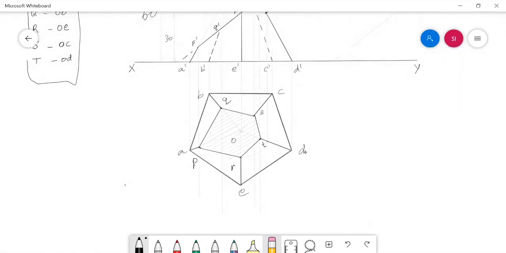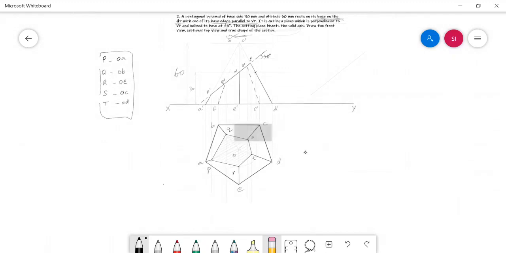Now the work is over. Now we have drawn the front view and the sectional top view of the solid, and we need to draw the true shape of the section, since the sectioned area shows only the apparent shape in the top view, because the sectioned surface and the HP are not parallel to each other. So if you want to see the original shape of the sectioned surface, you need to draw the true shape of the section in a separate plane, that is the auxiliary plane.